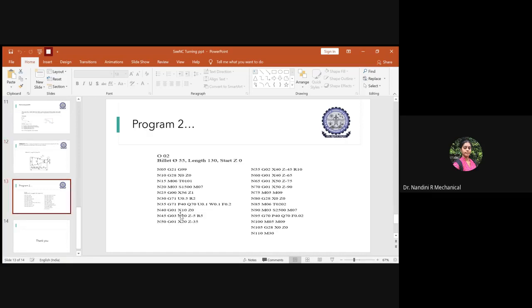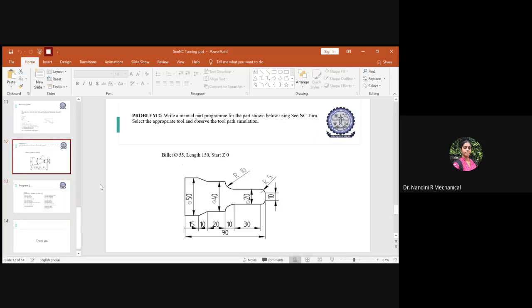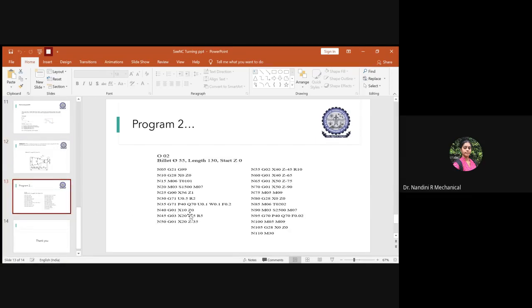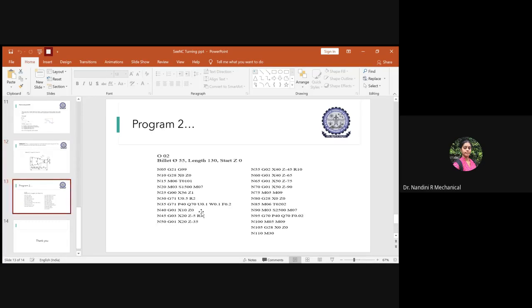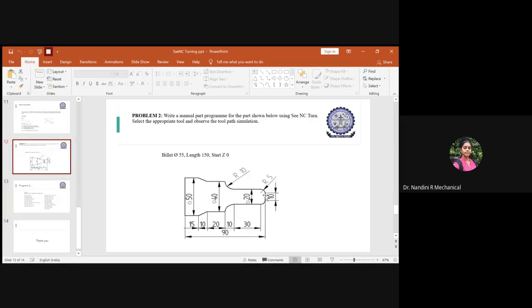To begin with, you have linear interpolation, and hence you have to write G01, and then provide the coordinate for X. I told you the coordinate for Z should not start with any number, so you will only start with the coordinate for X axis. Look at the diagram. Z you cannot give anything, Z will be 0. Initially you need this vertical height of X. So X is 10. So you give X10 and Z0. Then the tool will be at this position.